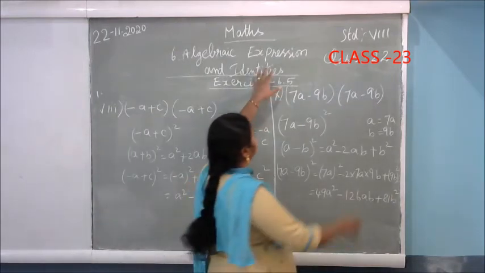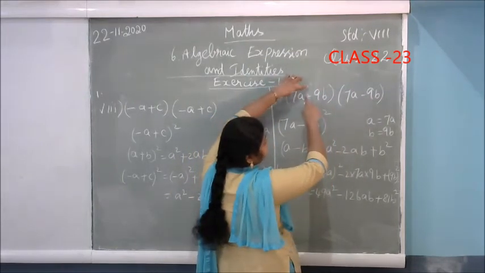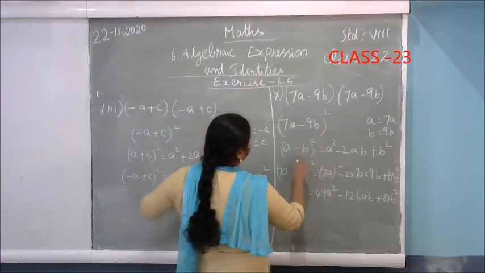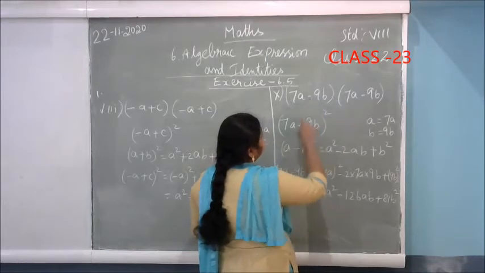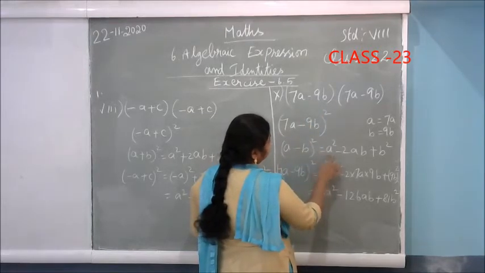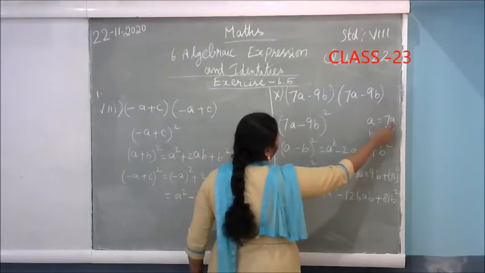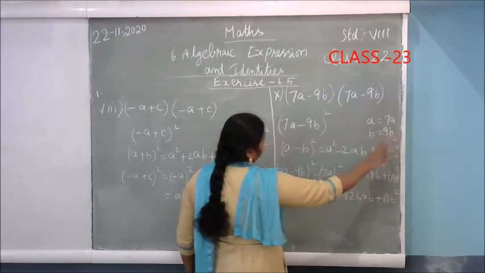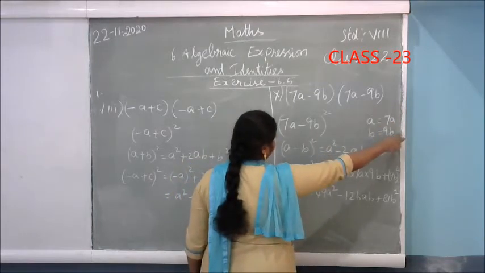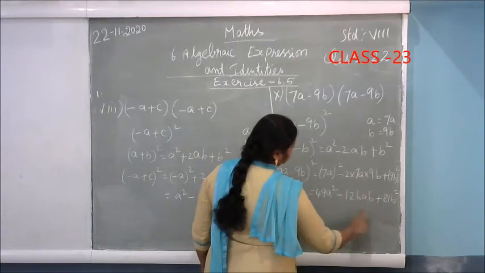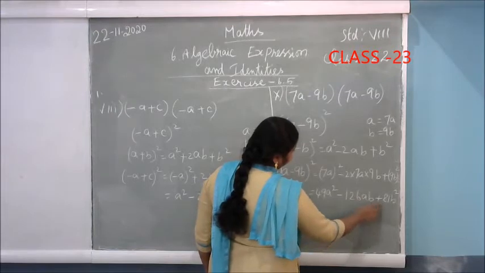And the next one also, 7a minus 9b, the same thing. First you have to find out the identities. Here the sign is different. So sign is different means second identity. Second formula you have to use, a minus b the whole square, because the sign is different. That's why the second formula will come. So what is a minus b the whole square? a square minus 2ab plus b square. Instead of a I wrote the 7a, instead of b I wrote the 9b. So 7a minus 9b. Instead of a and b you have to put the 7a and 9b. If you simplify this, you will get the answer 49a square minus 126ab plus 81b square.